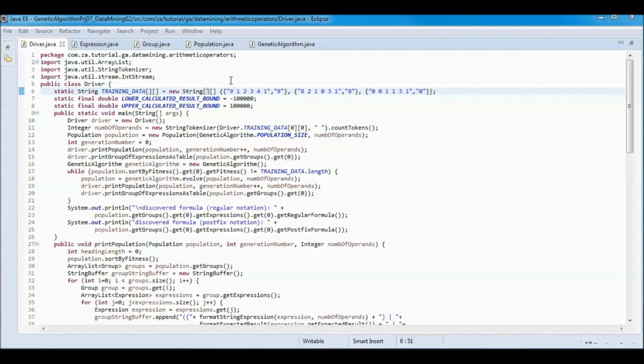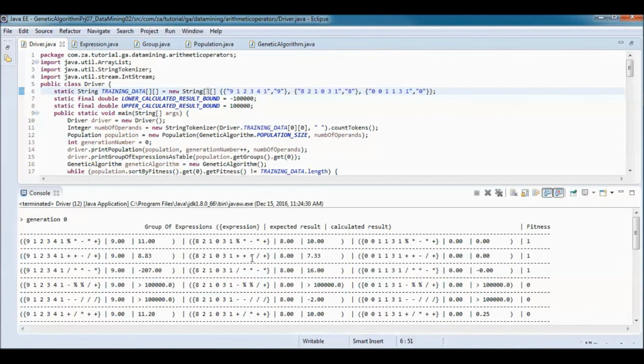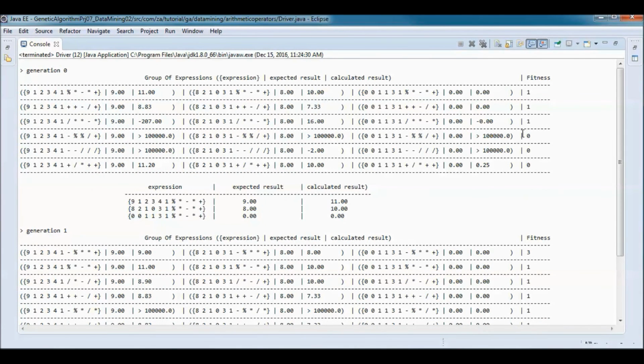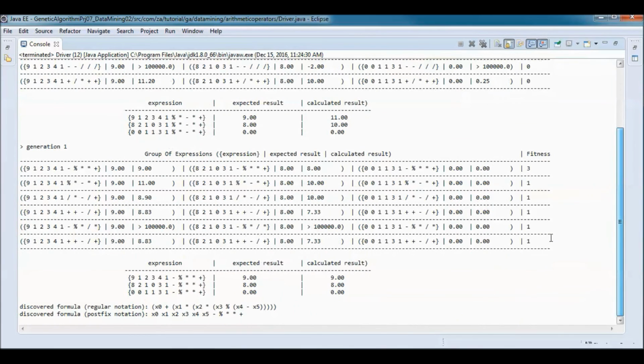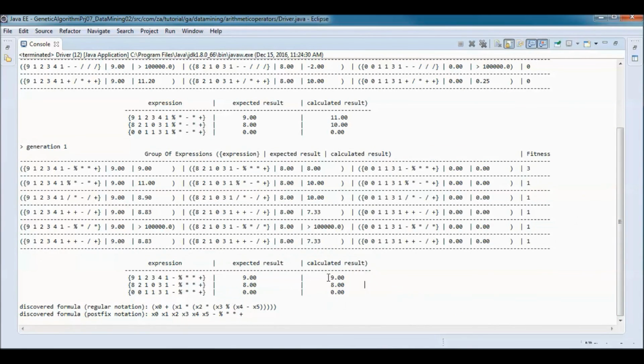Next, let's go ahead and test run this application. So we just did 2 generations and we discovered this formula in postfix notation and written this way in regular notation.